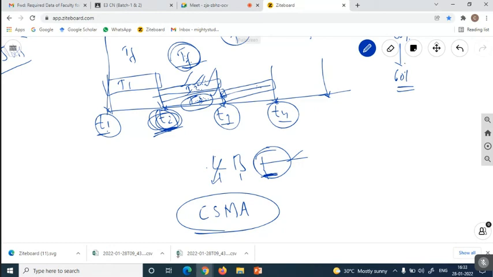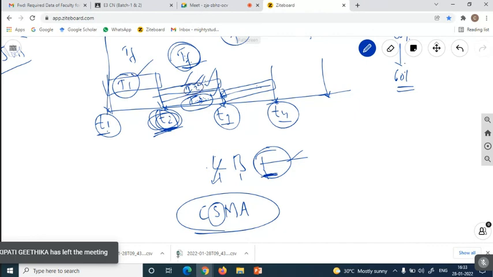Suppose if you are sensing the status of all the terminal devices, then we can send the frames very securely. So when T1 transmits, we sense all the terminals. If all the terminals are found idle, then T1 is going to start releasing the frame. When T2 is sending, it senses all the remaining terminals, and if they are found idle, then T2 is going to take the action. And if they are busy, and T3 is also releasing here, that means T3 is busy, so T3 is going to wait. Why? Because T3 finds that some frame is being sent, so T3 is going to wait until the completion of this process.